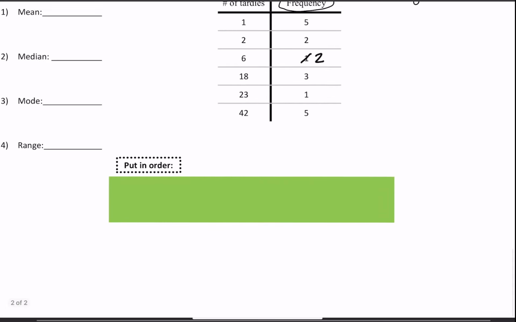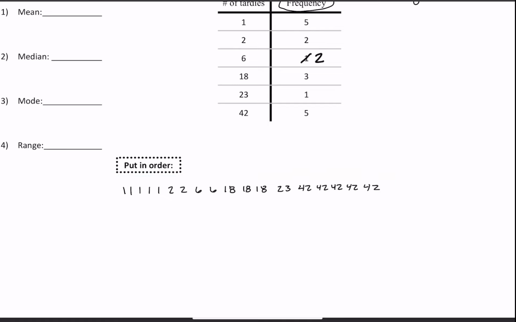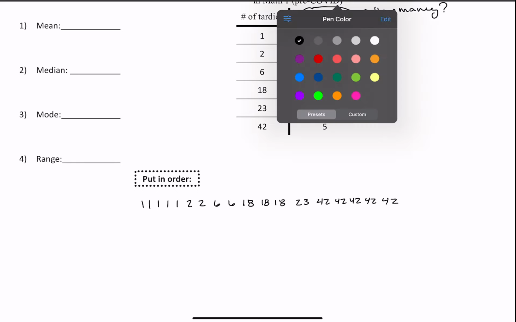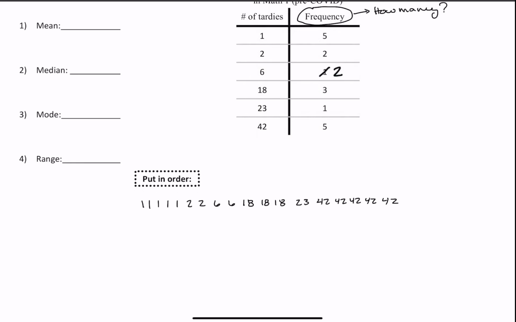All right, so what I'm going to do is I already have the list written out because that's how I roll. I wrote it all out. So I have 5 1s, I have 2 2s, I got 2 6s, I got 3 18s, I got 1 23, and I got 5 42s. That's a lot of tardies. So I'm going to find the mean. And to do that, I add all these numbers together and I get